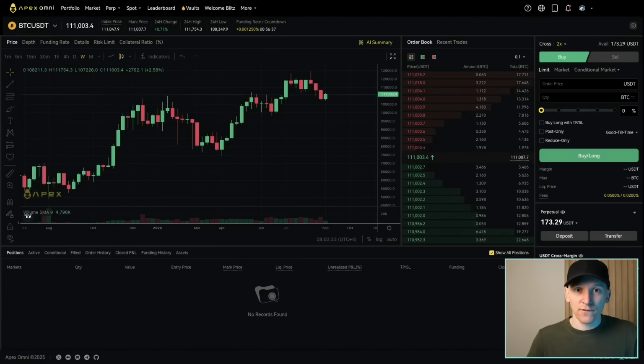From here we can trade on Apex just like any other centralized exchange. And firstly I'll go through how leverage works and how the cross margin system works. So everything on Apex is cross margined by default. You can see that right here, cross margin. That means that the money that we've just put in the account right here, that is used to fund all